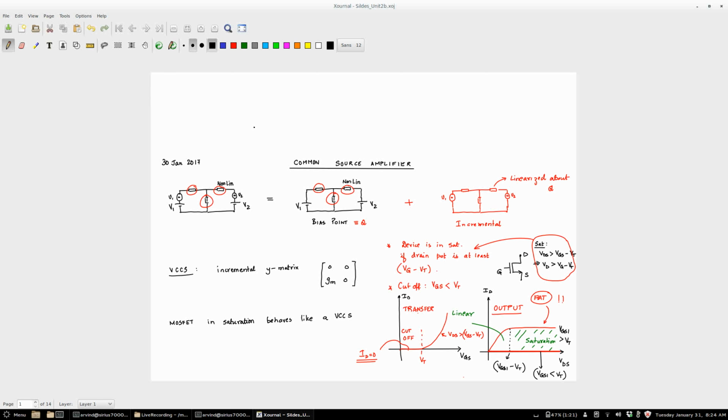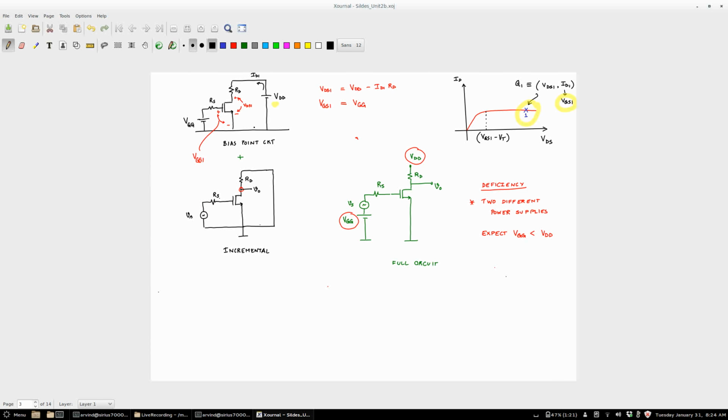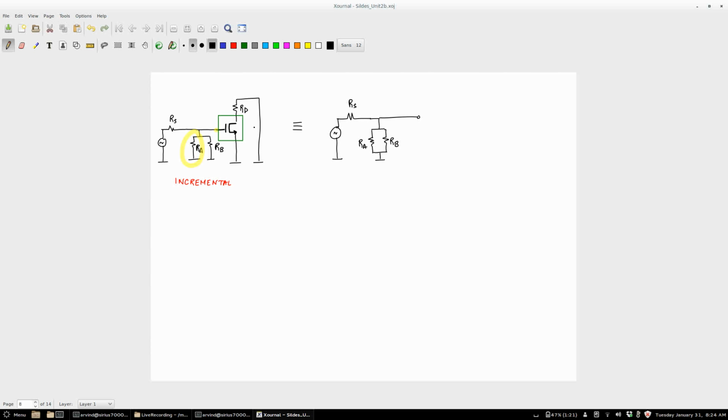The reason I'm repeating this many times is that it should go in. Look back here. When you had a circuit which had nonlinear elements, you analyzed the bias point assuming the nonlinearity being present, and then you analyze the incremental circuit assuming that the nonlinearity has been linearized. If you take a MOSFET and linearize it in the saturation region, you get this Y matrix, right? And what does this Y correspond to? It corresponds to just a current source on the output, right?